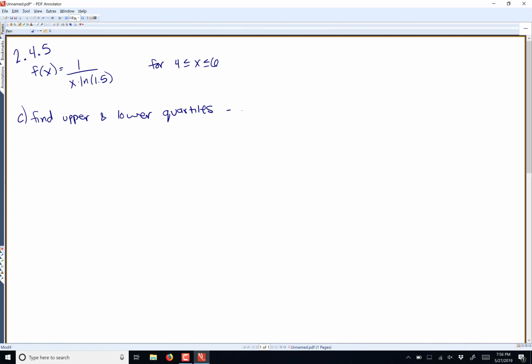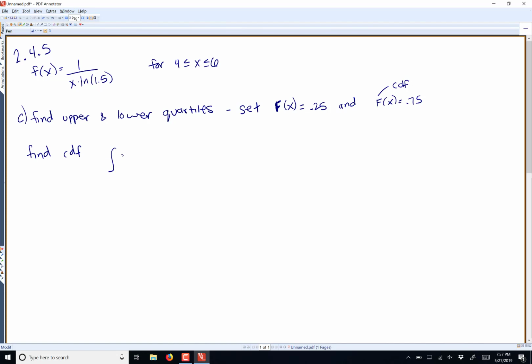So for these, we just want to set our CDF, capital F of x, equal to 0.25, and then again do our CDF, capital F of x, equal to 0.75. So again, this is our CDF, not our PDF. So I need to find our CDF. So to find your CDF,